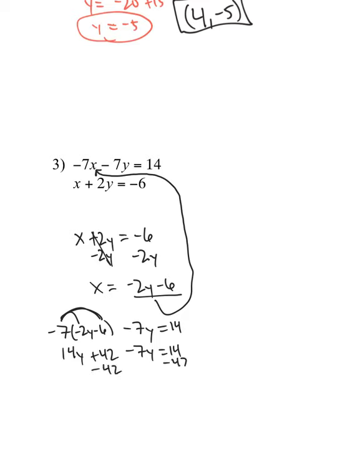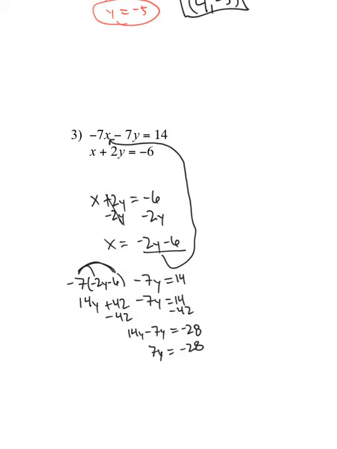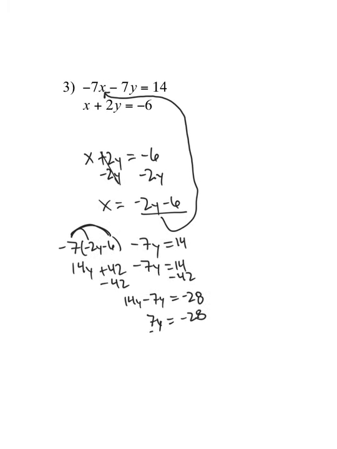Subtracting 42, we're going to get 14y minus 7y equals, what is it, negative 28. 14 minus 7, so that's 7y equals negative 28. I've got to scroll a little bit here, getting kind of squished. Divide by 7, and we've got y equals